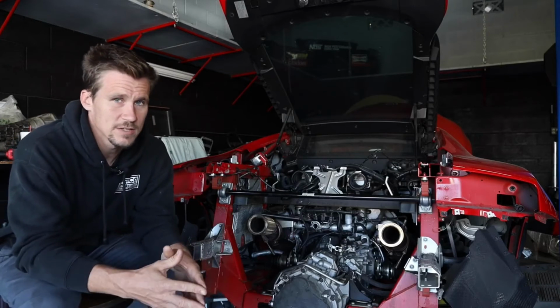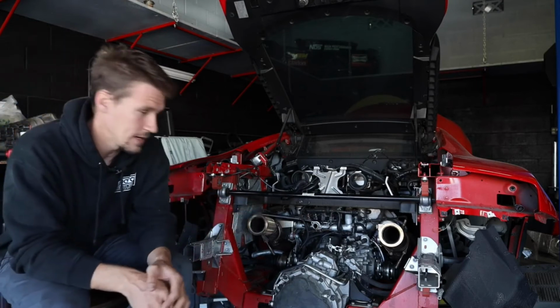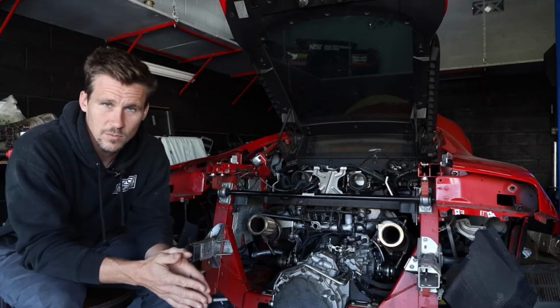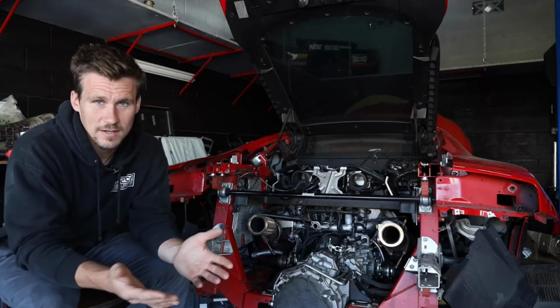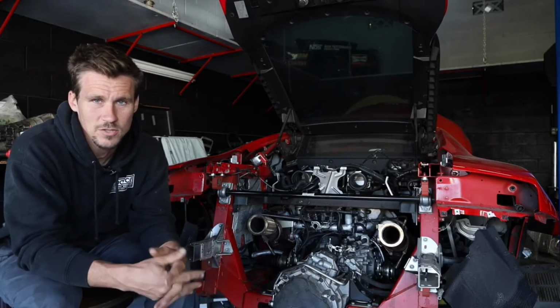We're gonna have to address it as we go. Now, I've put the new flywheel and clutch in, and I go to bleed it, and as you're gonna see here, the windshield is cracked. Now, I knew the windshield was cracked coming in, I documented that, but I didn't pay attention to where the